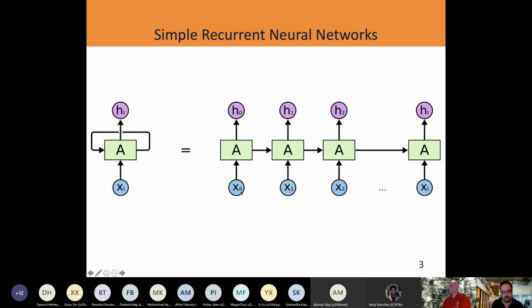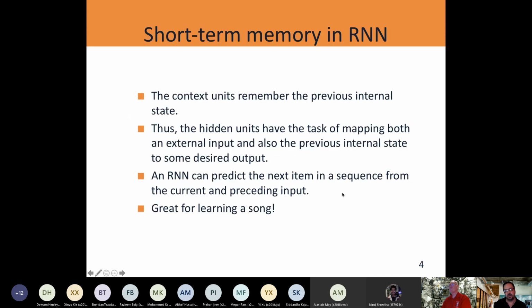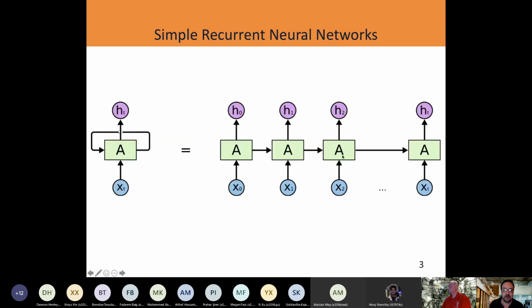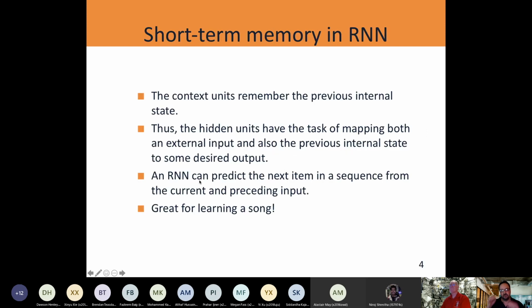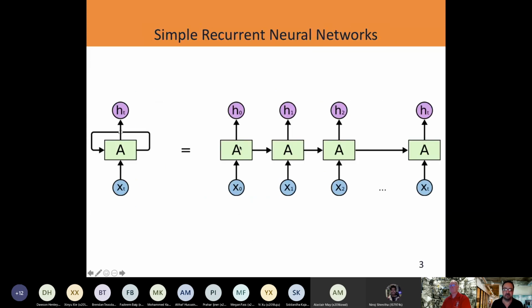That's denoted here with the subscripts 0 through T. At each period, you're going to have some activation that's passed to the same unit at the next step in time, and it's going to produce a different hidden output at each step that could potentially be passed into other units. But we'll keep it simple and just imagine that we only have one unit in this current form of recurrent neural net.